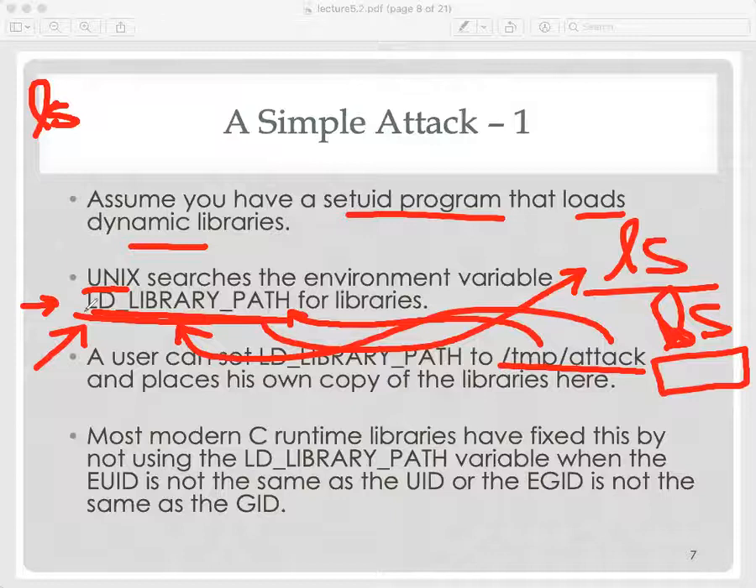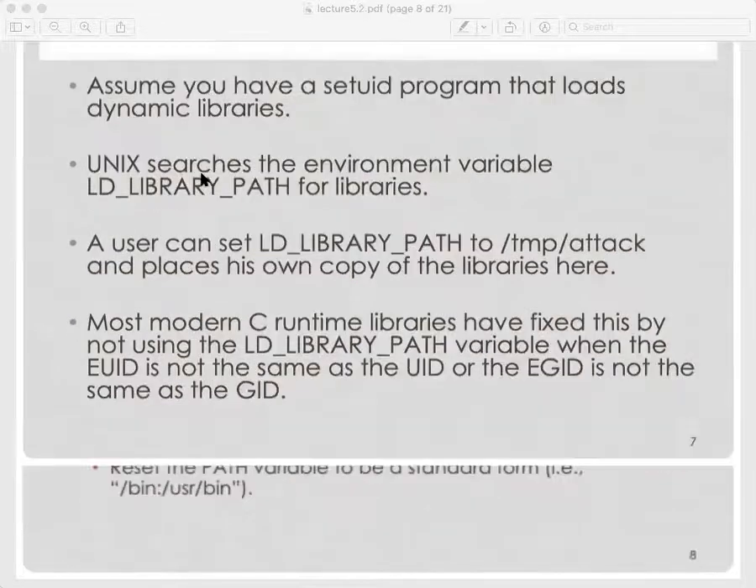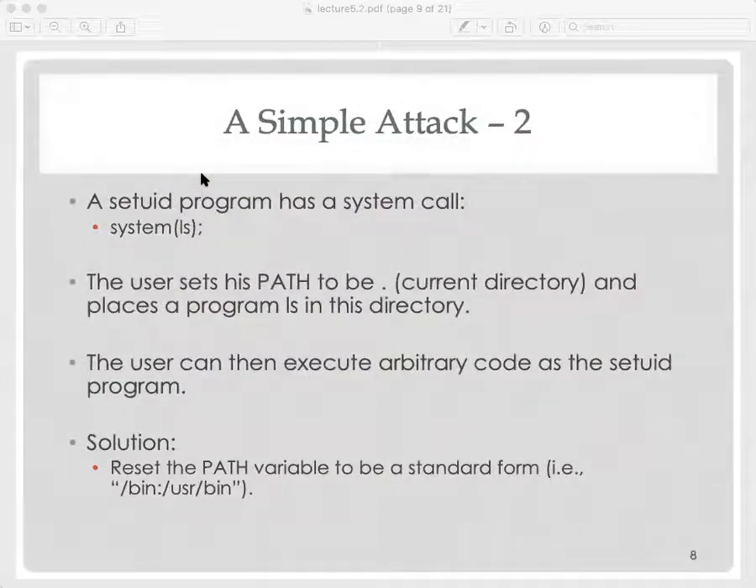However, because I changed the location where ls can be found, an attacker can manipulate how the computer behaves, right? This is one way you can abuse environment variables. Another environment variable, like what we mentioned, is the PATH variable,